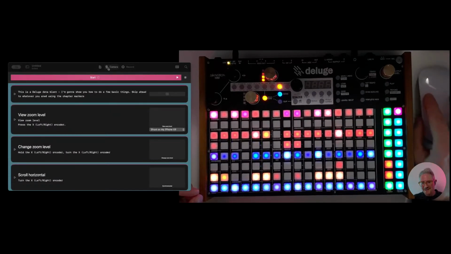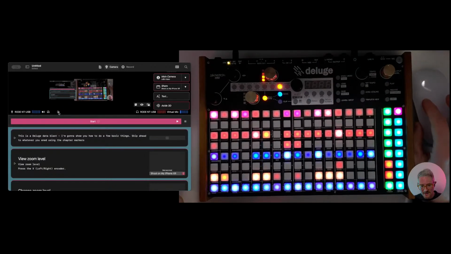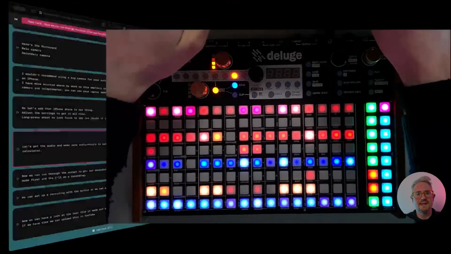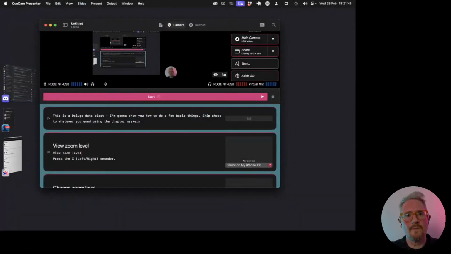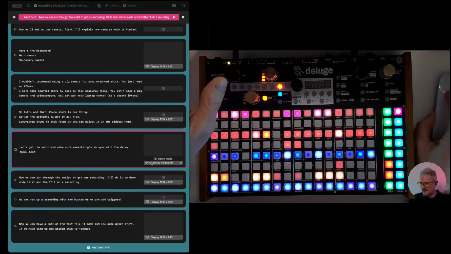So you get this camera preview inside CueCam, which down here has audio controls. So the way I'm going to bring audio in is with this little button down here. I thought I had a page for this. Let's make sure. I thought I had a zoom. I'll try and show you here, but I thought I decided I was going to do this as a screen share. So let me just